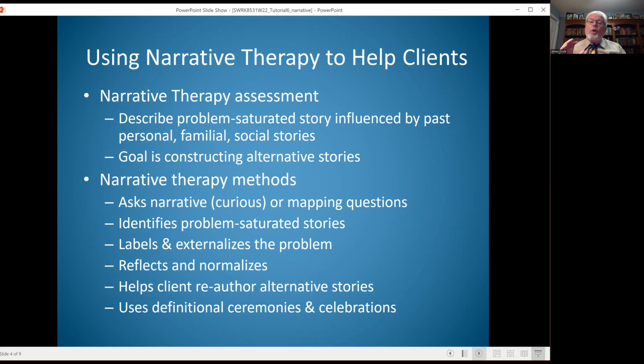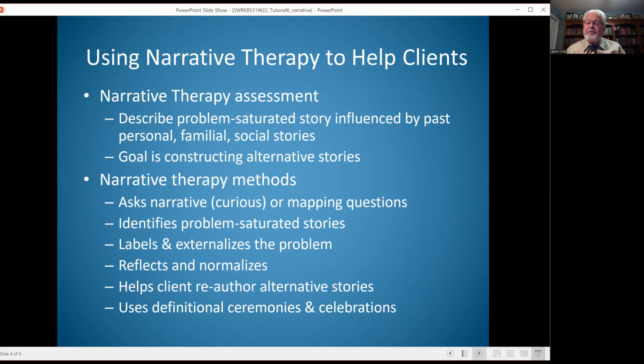And so one of the things is, as you begin to see that as a problem-saturated story, the goal is to separate that from the person, because the problem is the problem, not the person being the problem. So that's externalizing. It is labeling and then talking about the problem, kind of anthropomorphizing it as if it's a separate entity. So in this case, you would help Martin identify, okay, so when you are looking at how